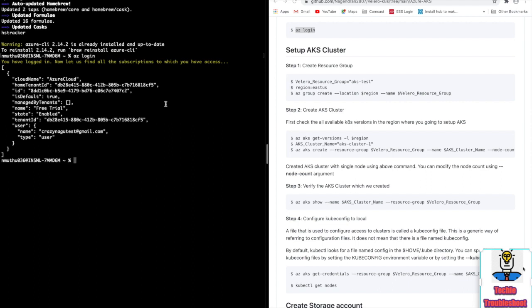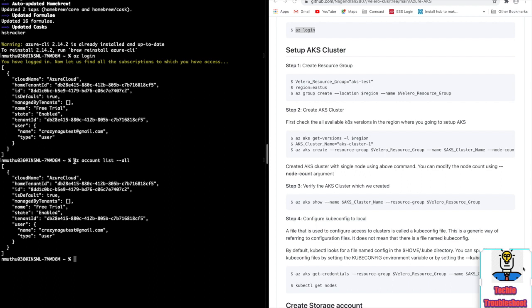So next step, you have to select the default subscription if you have more than one. So how do we display whether I have more than one or a single subscription? When I use this command, it will display all the subscriptions in your account. So here I have a single subscription, so this is the default one. I don't have to set the subscription by default. If you have more than one subscription, you have to set which one you are going to use as default.